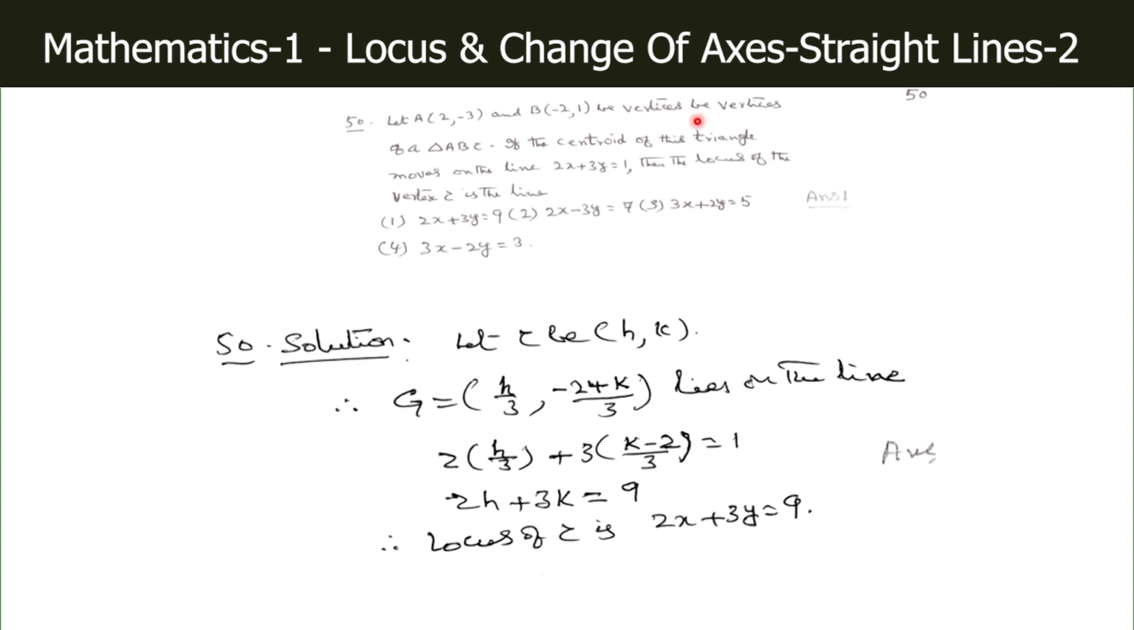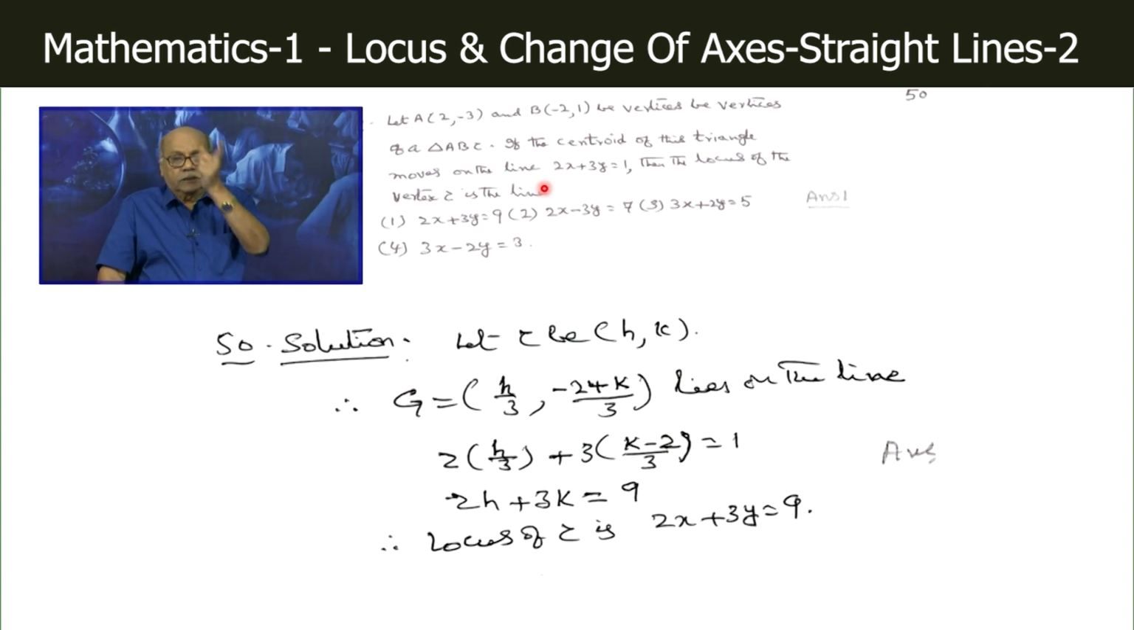Of course, the sentence word is repeated, don't worry. Be vertices of a triangle ABC. If the centroid of the triangle moves on the line 2x plus 3y is equal to 1, then the locus of the vertex C. So here, in a triangle, you are given two fixed vertices and the third vertex is a variable vertex. But further you are given that the centroid moves on some line, because if the third vertex varies, the centroid also varies. So then he has asked the locus of the vertex C